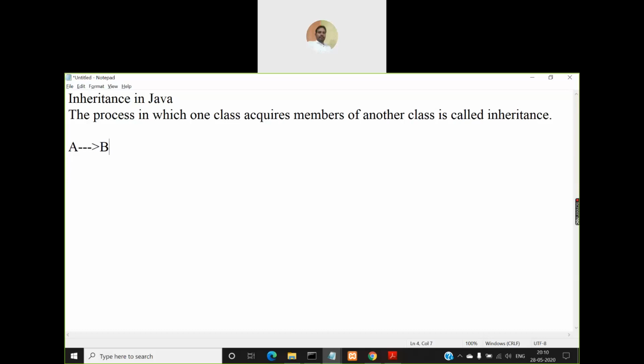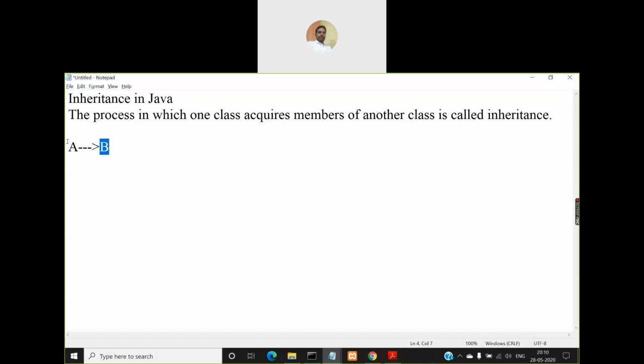What do you mean by acquiring? A may have some instance variables and methods, right? So all those members will also become members of class B automatically. All those members that you defined in class A will automatically become members of class B also if you use the concept of inheritance and inherit all the members of class A to class B, right?